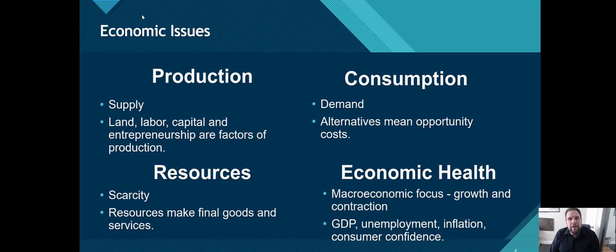Resources. So again, resources are scarce, and the big problem in resources is that lack of infinite availability for those goods and services. Resources are what you're using to make those final goods and services, right? They are the inputs, the factors of production. Okay? And then the last main economic issue that we are concerned with is what the general health of the